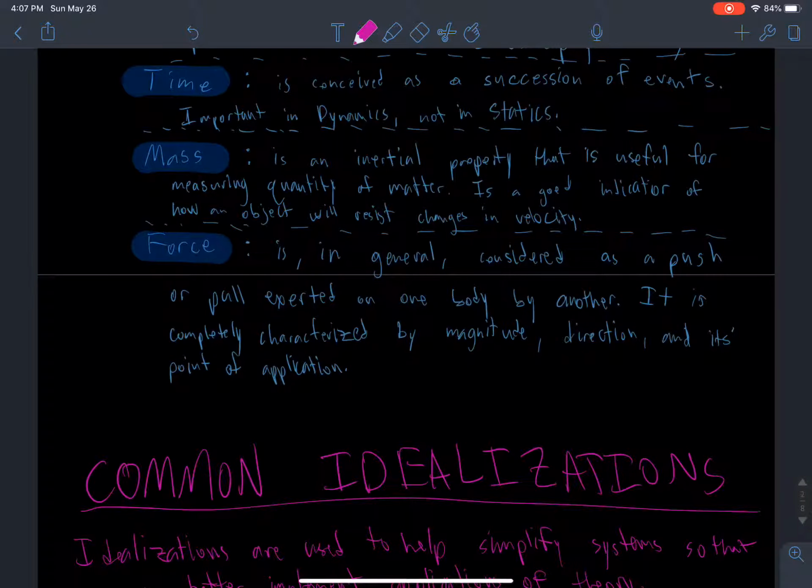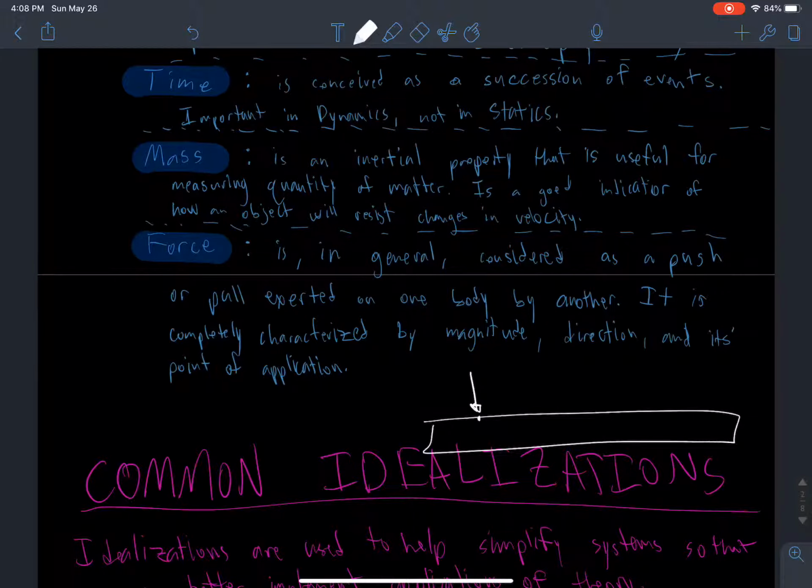Forces are generally just considered pushes or pulls that affect the system, and there are two main ways to perceive forces. There's point forces and there are distributed loads, and a point force is basically just a concentrated load. So if you have a bar, let me draw this in white real quick. If you have a bar and you have a force acting on it, and you're only considering it as acting exactly, let's say, one meter away from the end, and it's only acting on that one point right there,